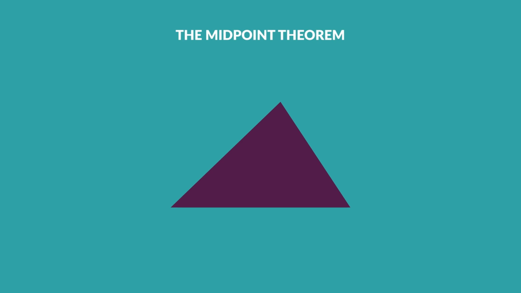Let's illustrate this, shall we? We'll call this triangle ABC and mark in the midpoints of sides AB and AC. In the triangle, X is the halfway point between A and B. X is also the midpoint of side AB. In the same way, Y is the halfway point between A and C, and Y is also the midpoint of